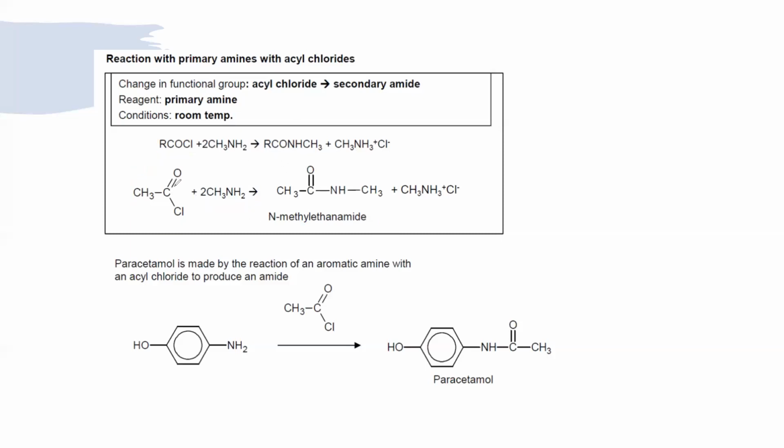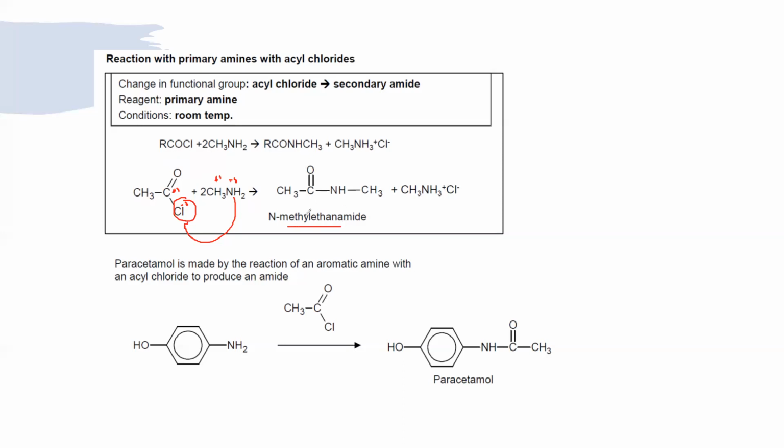So how will the amide form? In the acyl chloride, the carbon is partial positive and the chlorine is partial negative, and in the amine, the nitrogen is partial negative. So this NH2 will take the place of Cl. You don't have to learn the mechanism for this. So the reaction occurs, a substitution reaction, which leads to the formation of